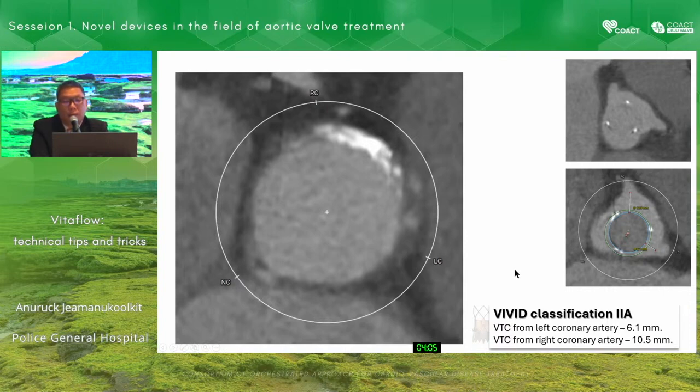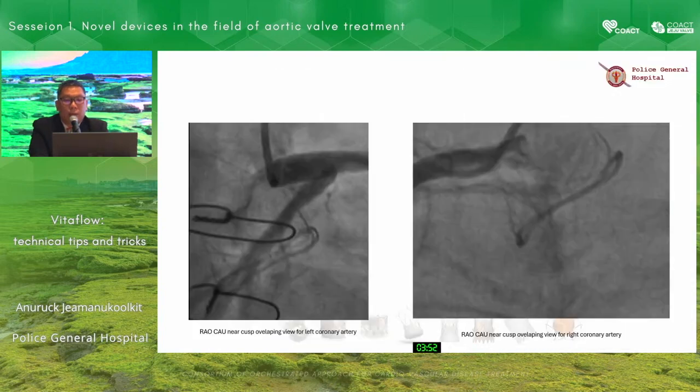In this case, the valve is higher than the original orifice of the coronary, but the SOV is very large. So we have no problem with coronary obstruction, but we are quite worried that if we have a commissural post in front of the left coronary with a low coronary height like this,